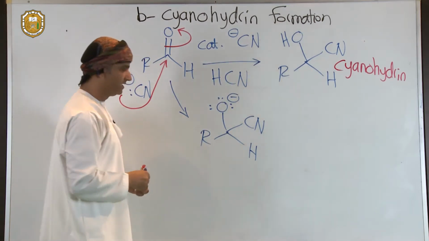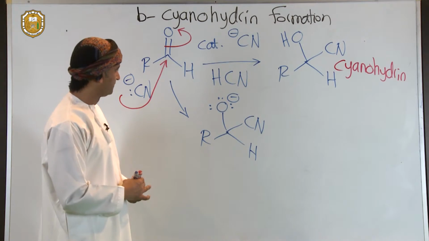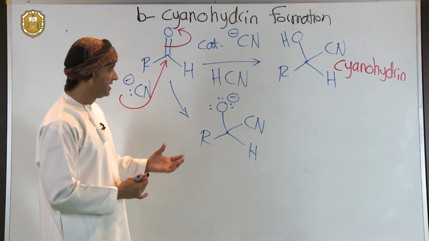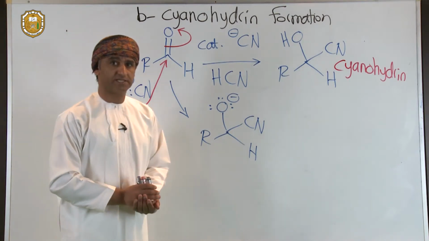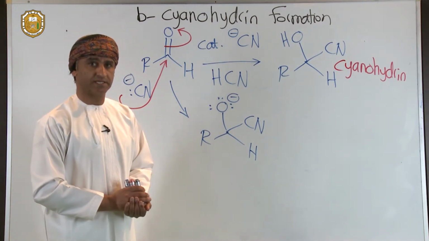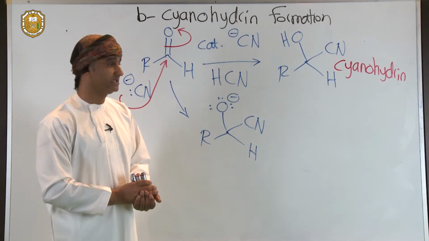So that intermediate alkoxide, which is the product of this nucleophilic addition reaction, as we have seen before in the general representation of the attacks of nucleophiles on aldehydes and ketones, then gets protonated,